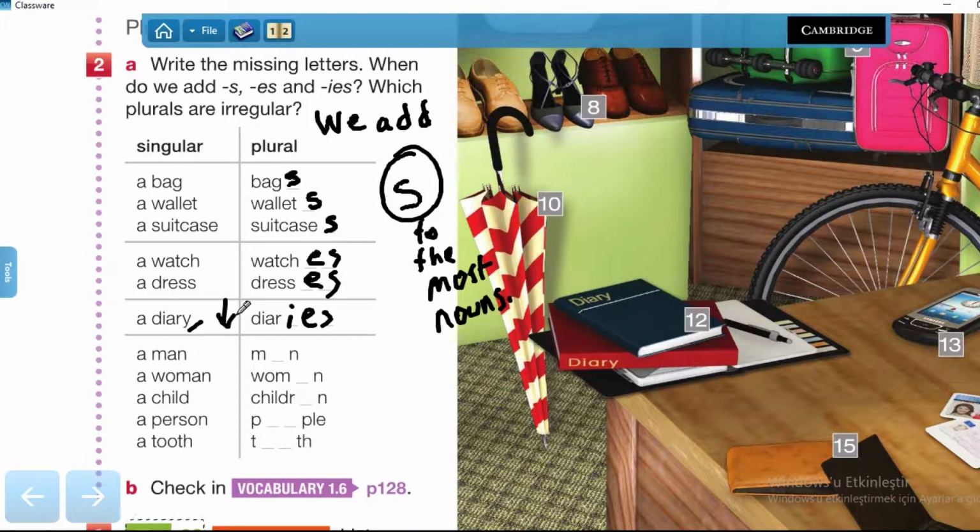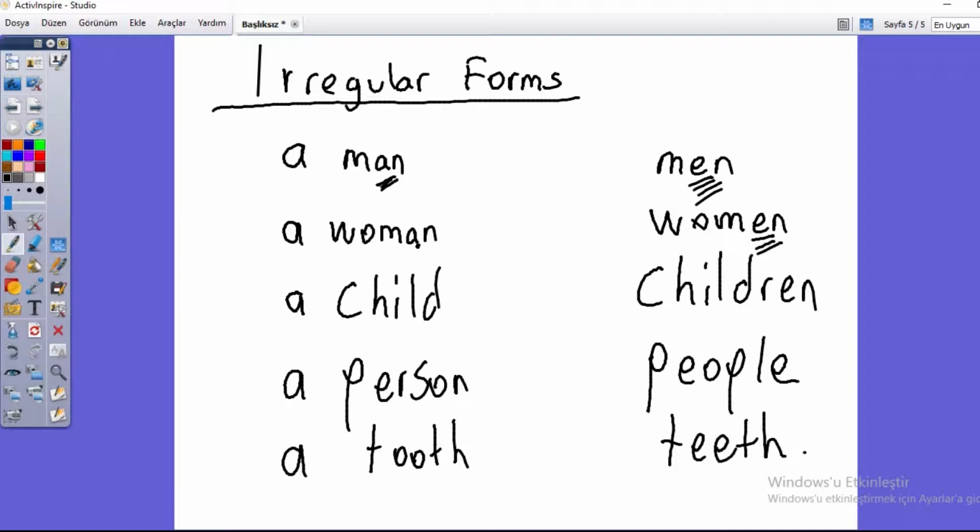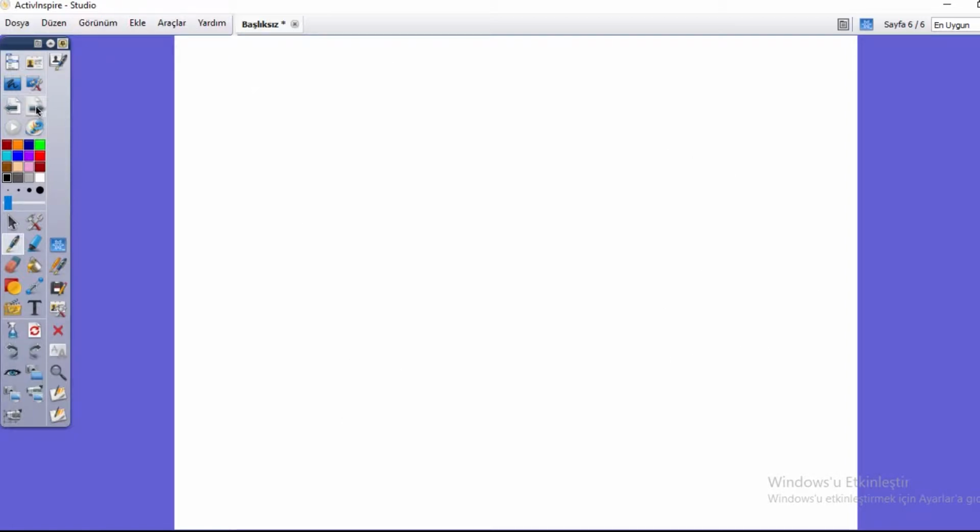A man, men. A woman, women. A child, plural form, children. A person, people. And a tooth, teeth. We have some more irregular forms. Let's give some more examples for irregular forms. For example,